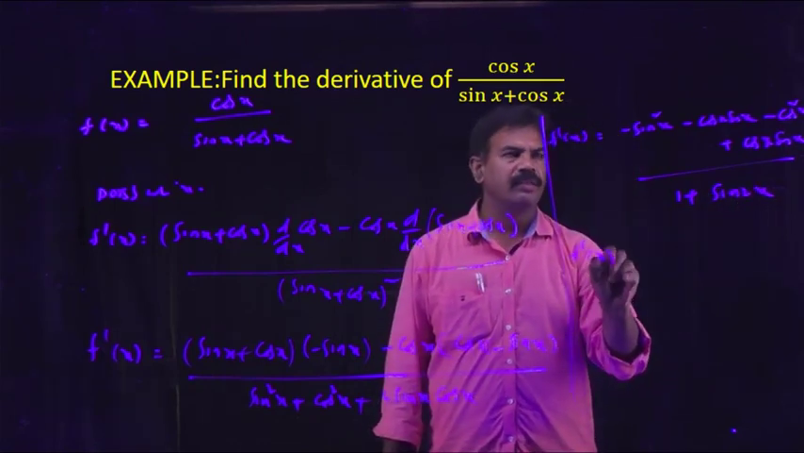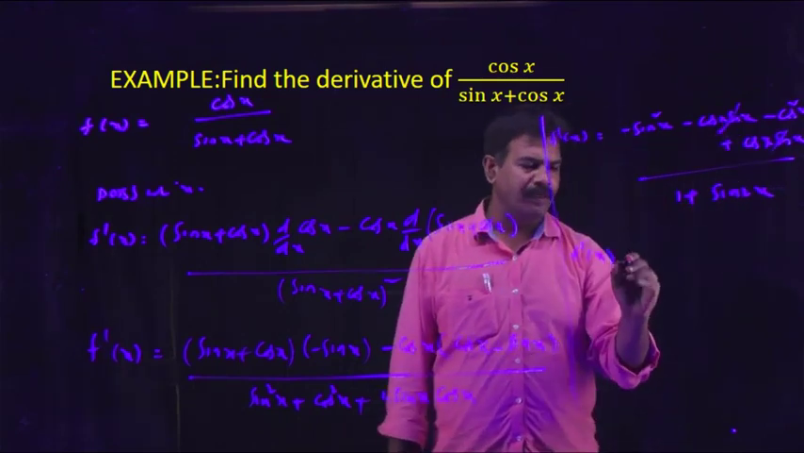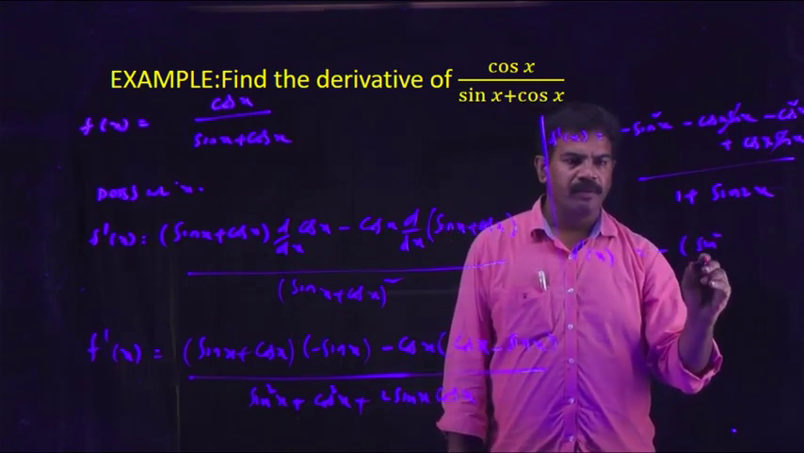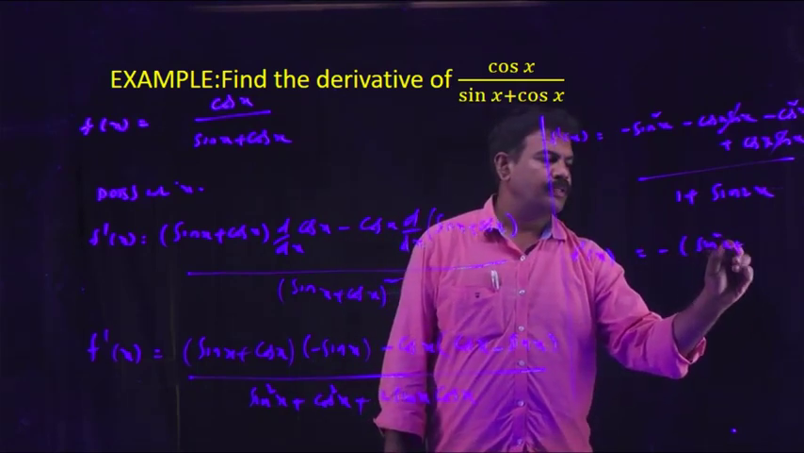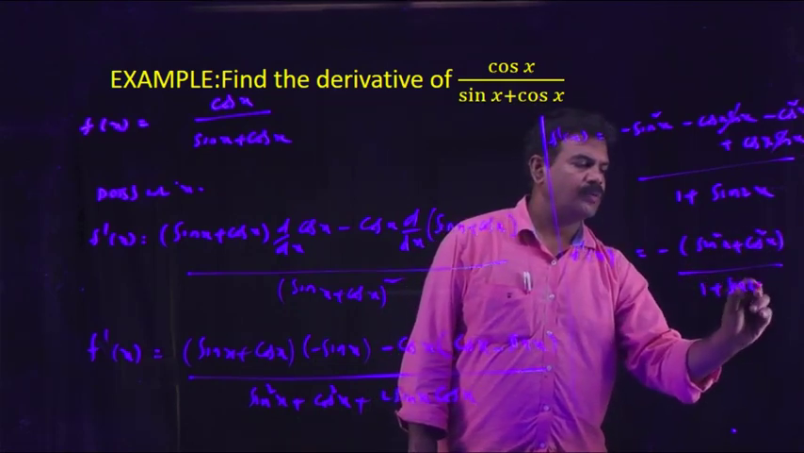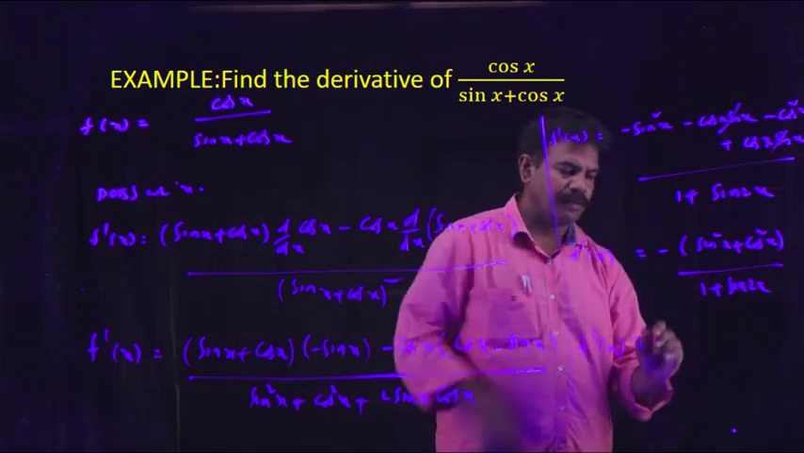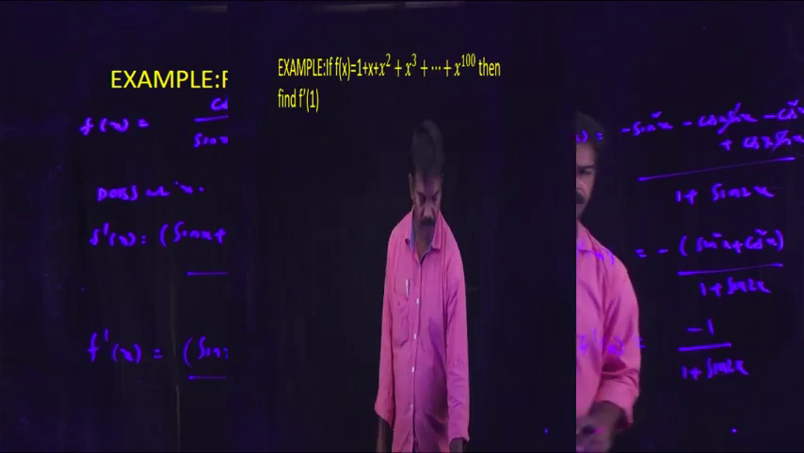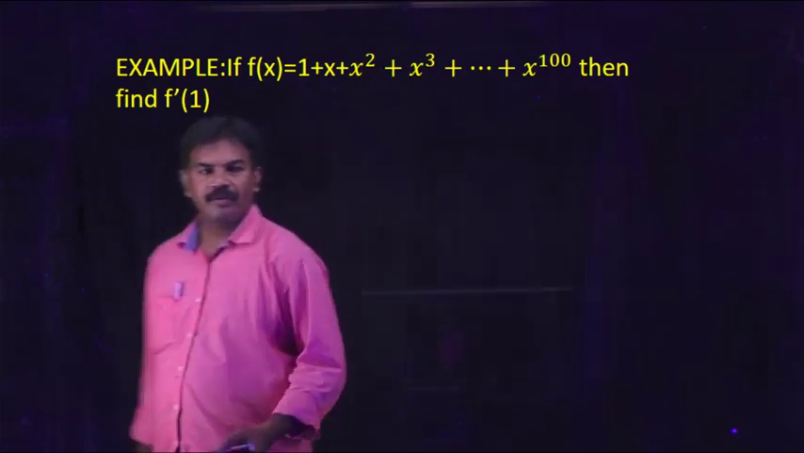So f dash x is equal to, these two terms are cancelled. So in these two terms we take the minus common, it is minus of sin square x plus cos square x by 1 plus sin 2x. f dash x is equal to, we know the value for this 1, it is minus 1 by 1 plus sin 2x. Now we take another example, that is if f of x is equal to 1 plus x square